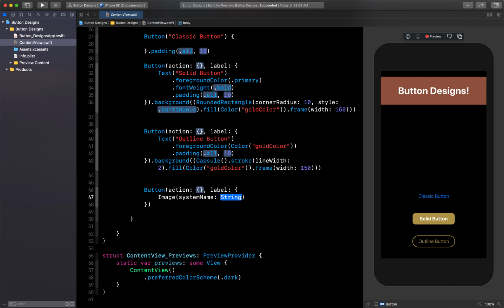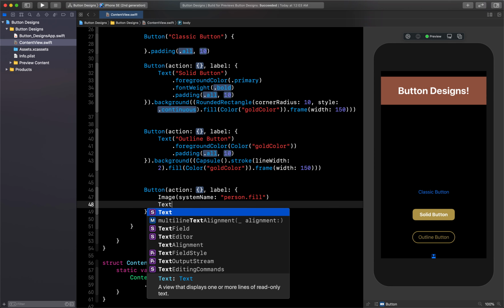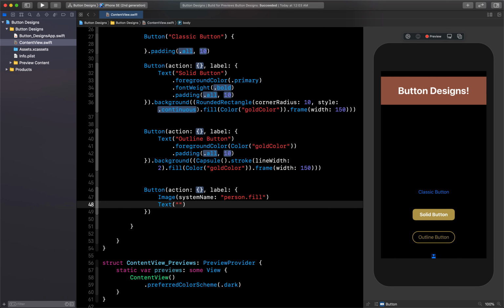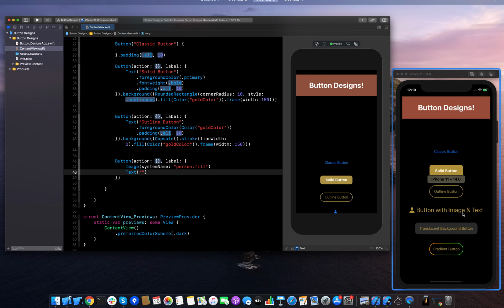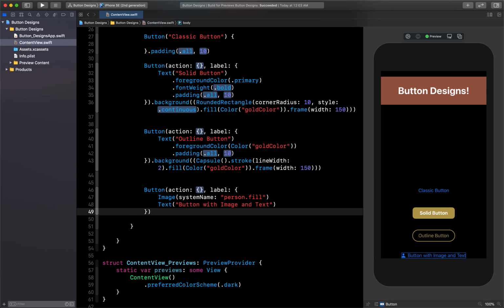System name I will provide as, here you can say person.fill. You can see it is reflecting here, and the next part is text, and I will say it as button with image and text. Okay, so that's our new button with image and text.